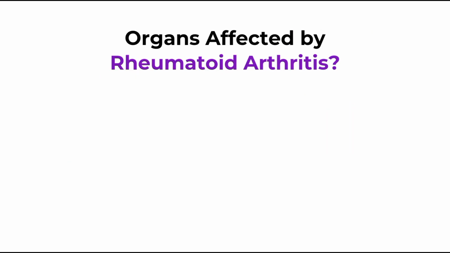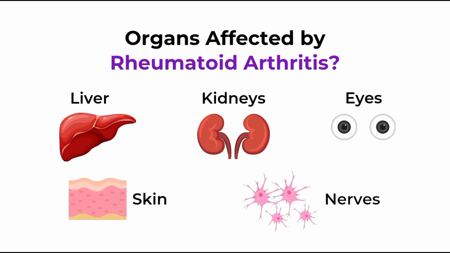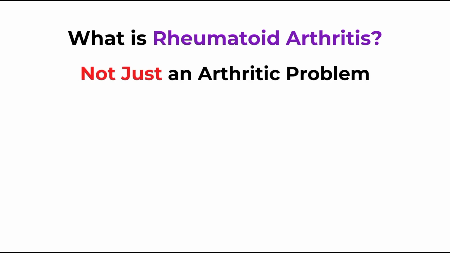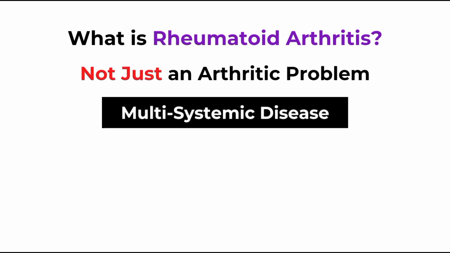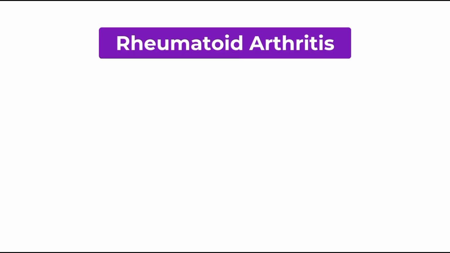I'll give you an example. The liver can be affected. The kidneys can be affected. The eyes can be affected. The skin can be affected. Nerves can be affected. Surprising, isn't it? Absolutely. Therefore, we need to appreciate the fact that rheumatoid arthritis is not just simply an arthritic problem, it's actually a multisystemic disease. To the point where, if not properly managed, it can actually shorten lifespan by as much as 5 to 9 years. Now, when a patient develops these symptoms, it's important that this patient is seen by a